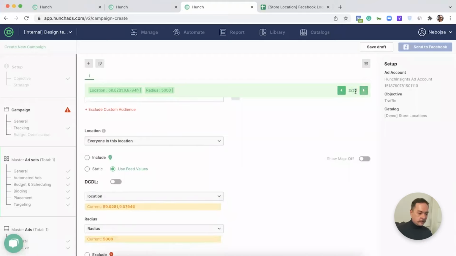So if I start shifting through these, you can see the locations changing. We've included radius, so this is what plays into that creative that we built. So we try to aim for users that are on that map to see the ad. Now with this, we're touching on the third topic, which is